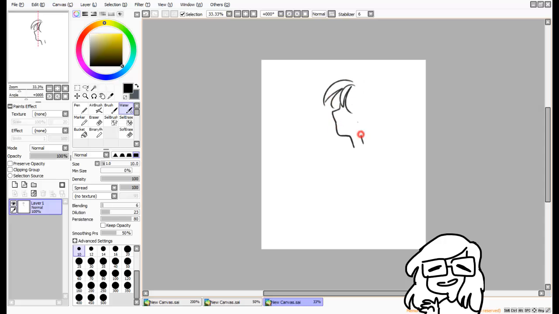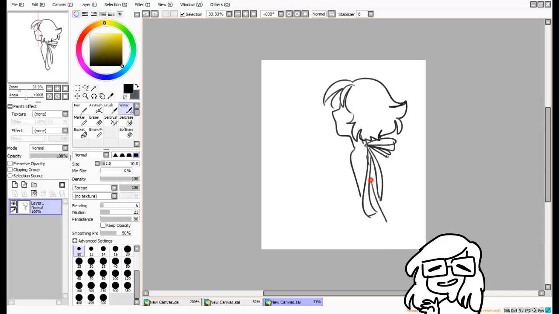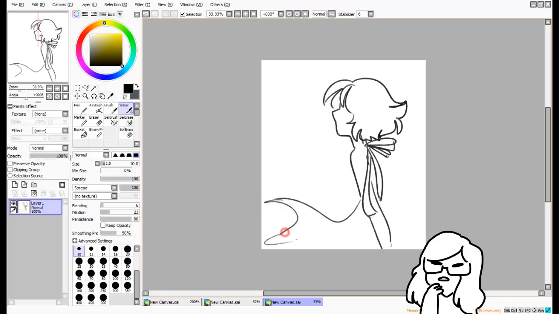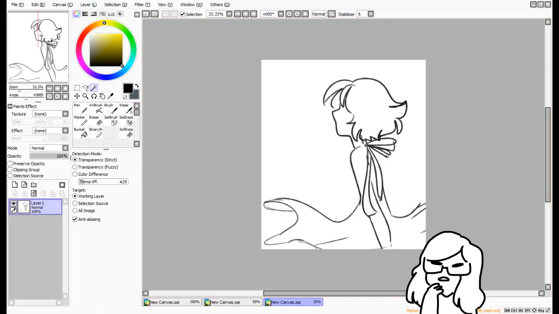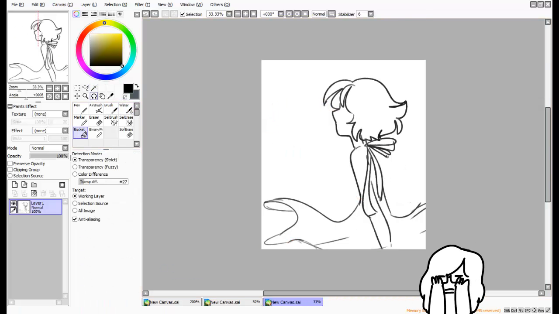Next, I'm gonna show you guys how I paint stuff. Really simple this time. I'm just gonna use the same techniques, line it and then color it. Note that you can use the transparency difference